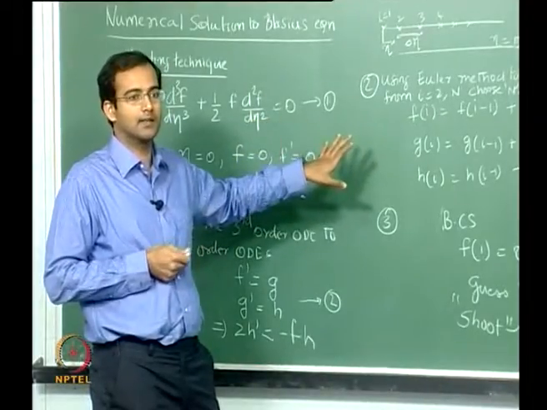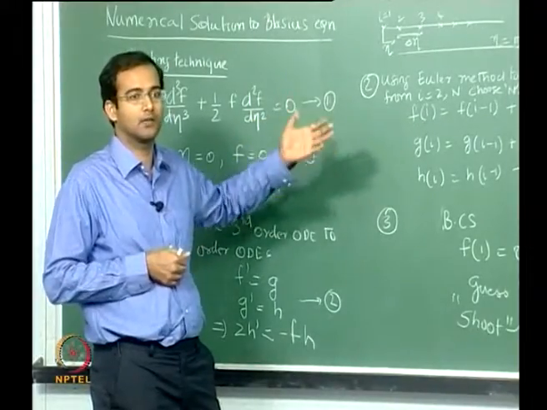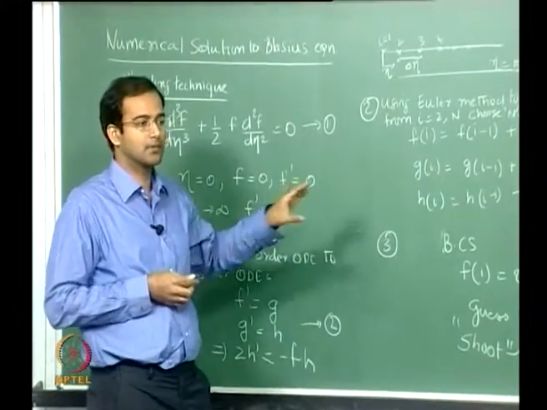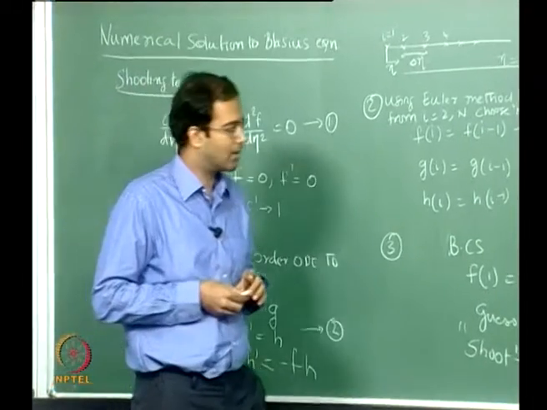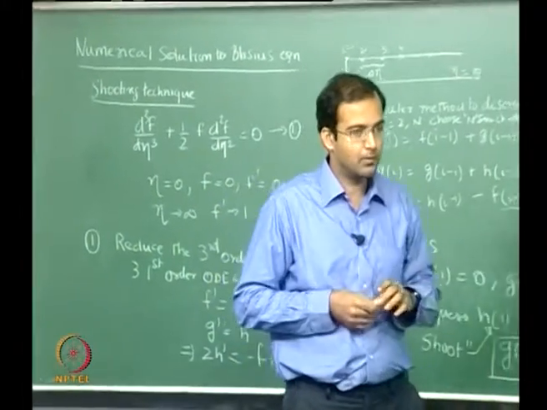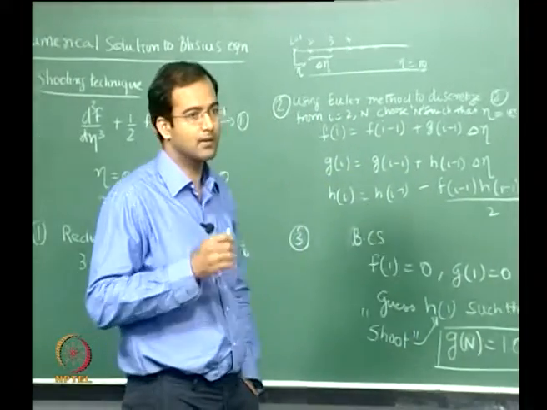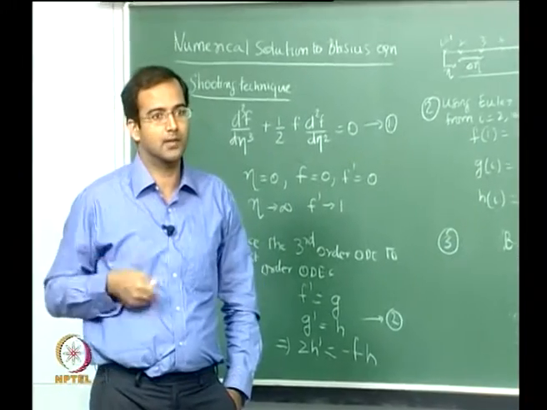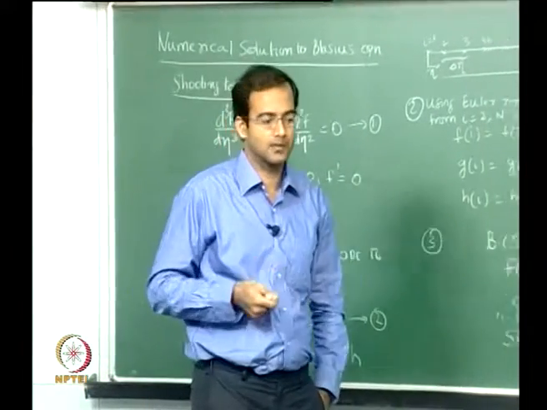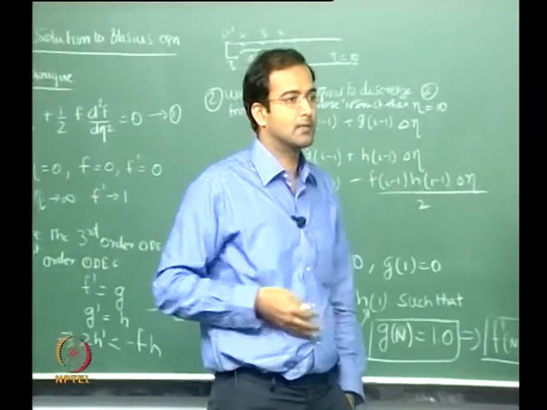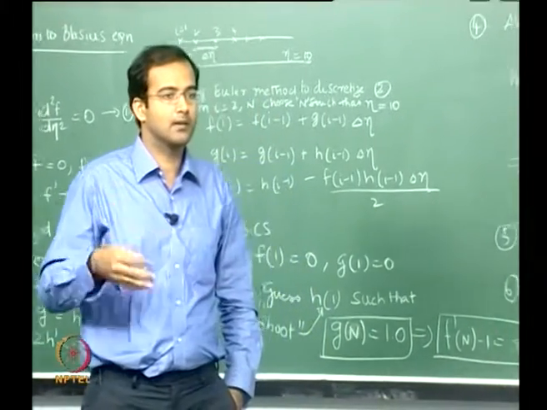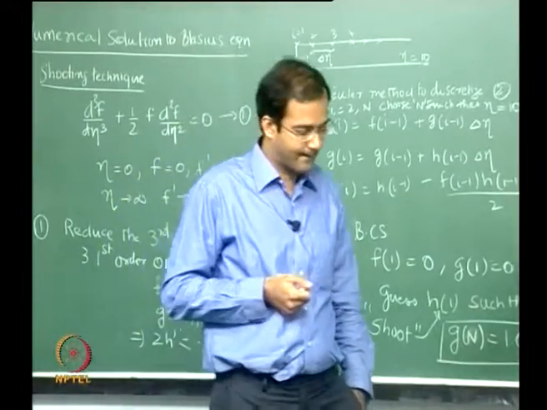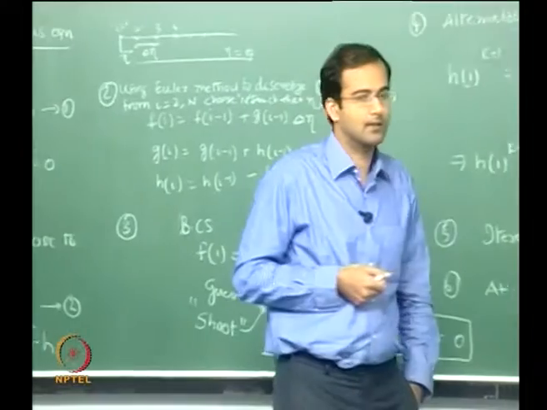It's identical. It doesn't matter how many orders you are looking at, you have to reduce that to n first order ODEs and you will be using the same technique. So I strongly suggest you understand this, and you will be coding it yourself. You can use any programming language of your choice, Fortran or C++ or MATLAB, and implement this. Once the algorithm is done, you can plug in your new ODEs and get the solutions. Okay, so any questions?